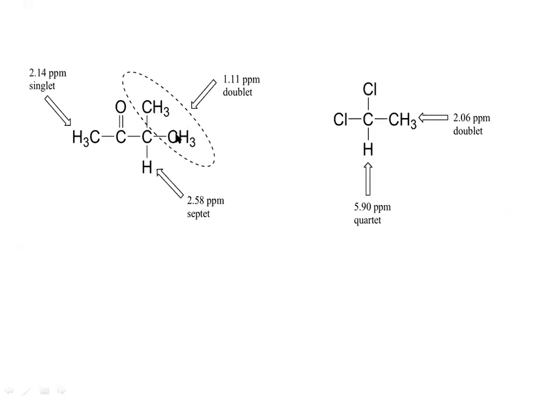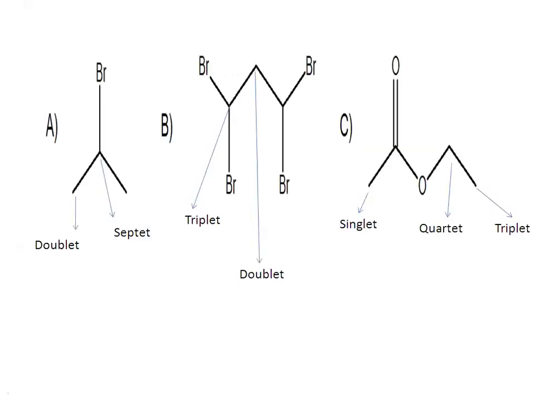These two methyls are equivalent to each other. So naturally you are going to expect only one signal for these methyl protons. And for this methyl proton, there is only one non-equivalent neighbor, and 1 plus 1, you will get this signal coming out as a doublet. And you have your isolated methyl with no neighboring proton, so it will come out as a singlet. Check out a few more examples.